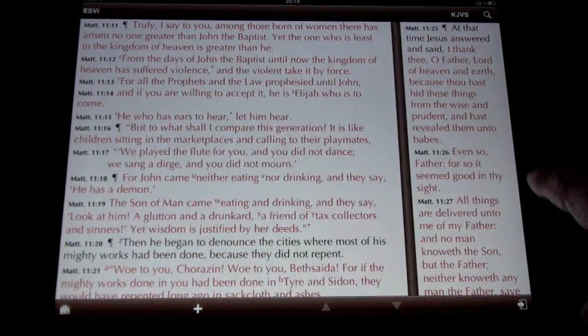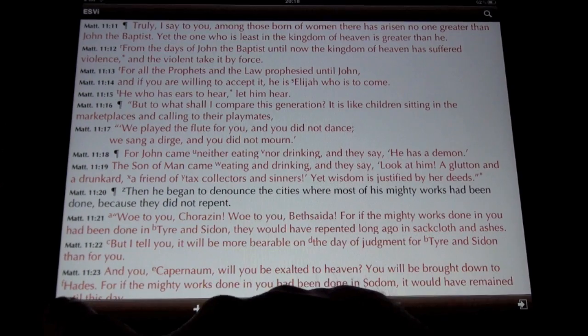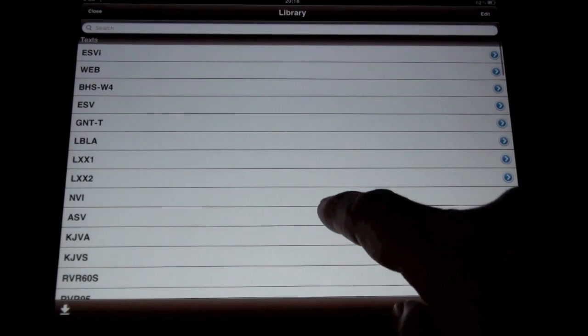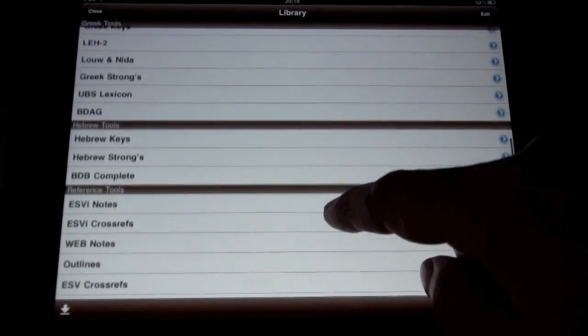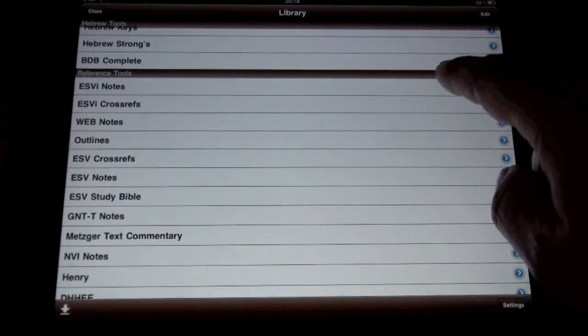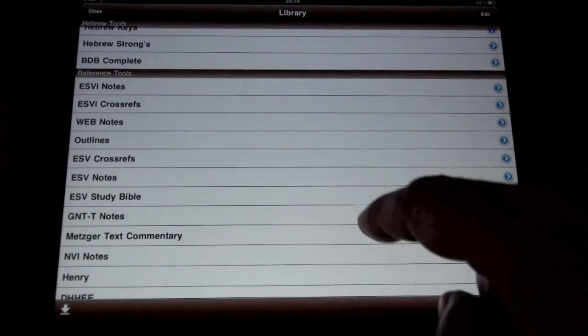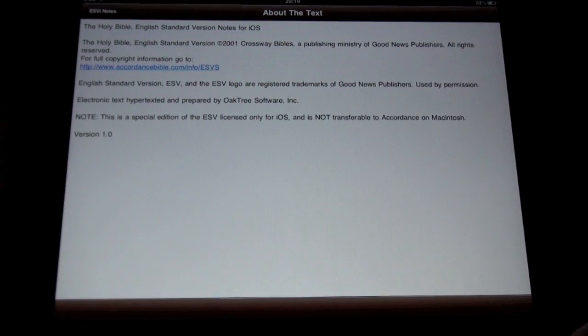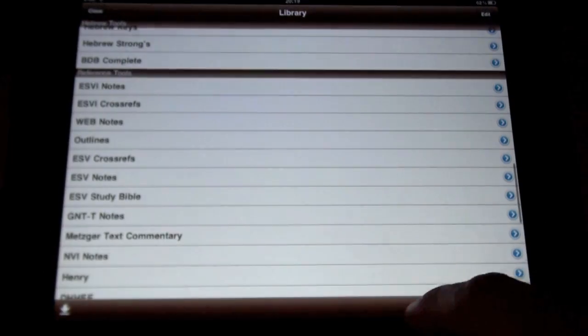We can close that up and now go to the library view where we have a list with all our texts and tools, all our modules, which we can delete if we don't want to have them on our iDevice. We can see the about the text information, go back to the library,